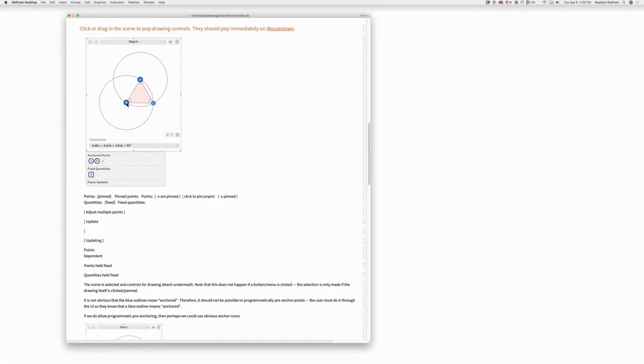Adjust. What does it mean to drag? Drag multiple points. And then update now. Update figure now. Does drag multiple points make it sound like you have to do them all at once? How would you do this? Yeah, that's my concern, is that